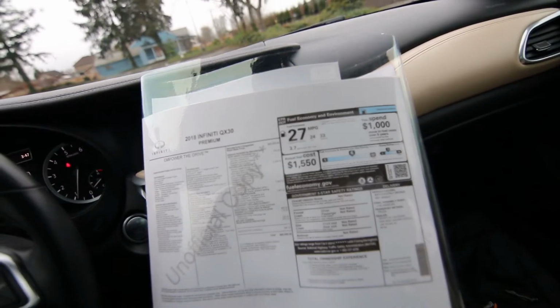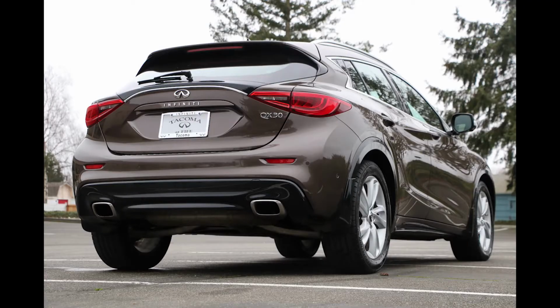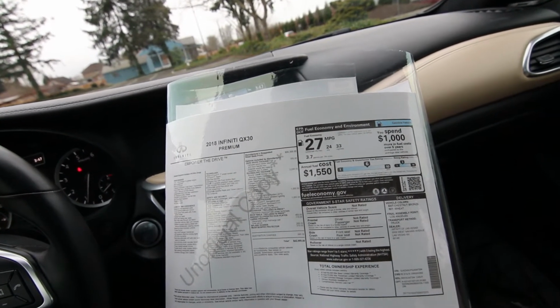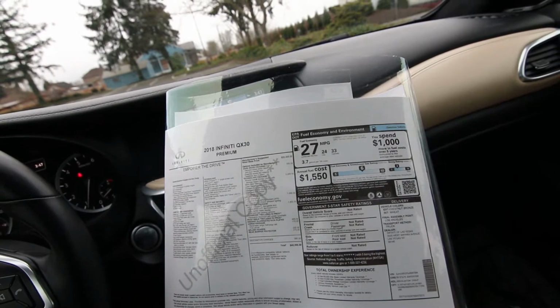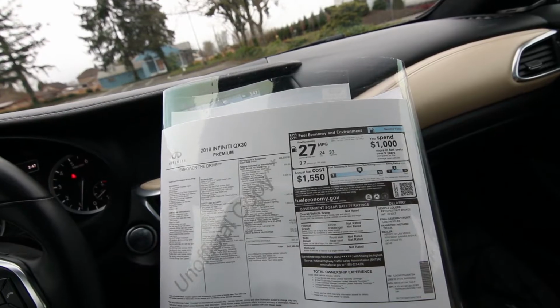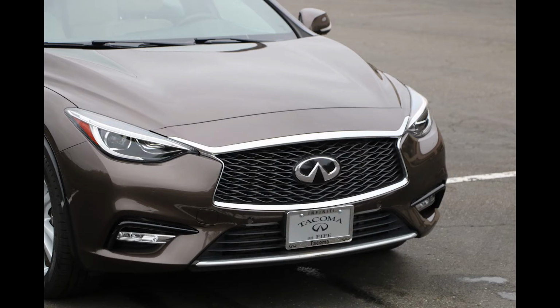Then we have the LED package. That was $1,000, giving you LED headlights and adaptive front lighting system, so the headlights will actually turn into the corners. So you have a little bit better nighttime visibility, and then enhanced LED interior ambient lighting. The navigation package was an $1,850 option. Radiant illuminated kick plates, $465 for that. So it's got a lot of equipment. The base MSRP was $35,300, but you add in all the equipment, it inflates all the way up to